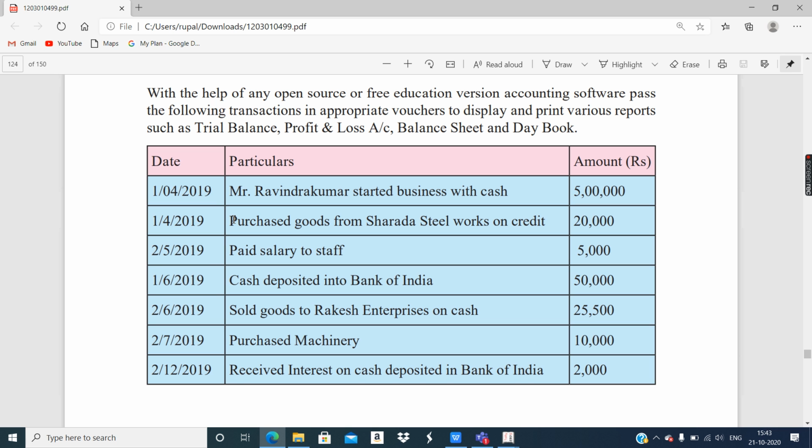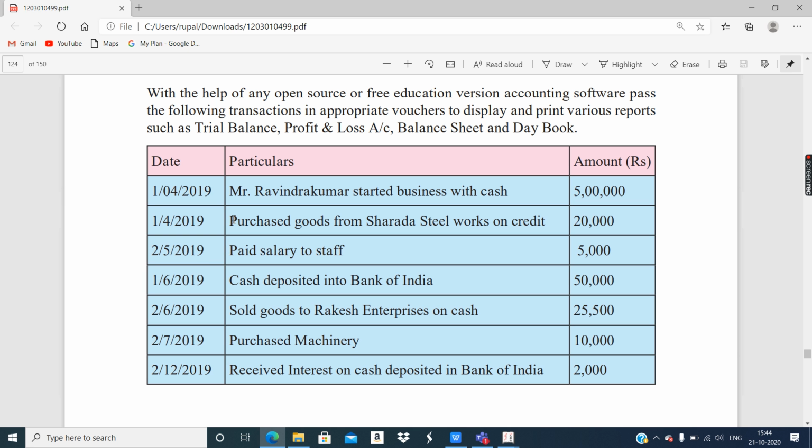But now, who do we have? We have a purchasing activity. With whom? Sharda Steel. So money is going from our purchase account to the Sharda Steel account. We have to pay money. Bitwise Trading Company has a purchase account from where it has to pay to Sharda Steel. So the direction of money is going from purchase account to Sharda Steel. So debit the purchase account and credit Sharda Steel.